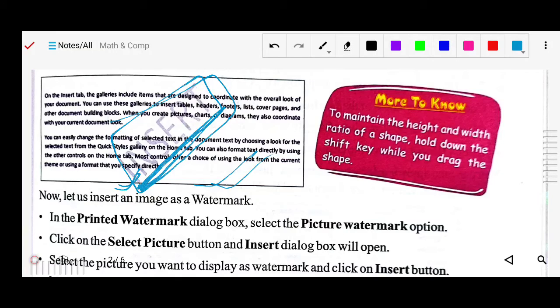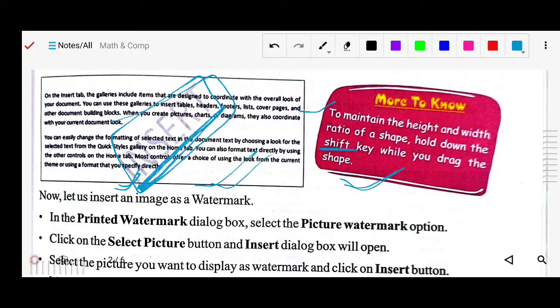To maintain the height and width ratio of the shape, hold the Shift key while dragging the shape. Same as you studied for adjusting shapes, by simply dragging with the mouse, the height and width may not stay in the same ratio, but if you press the Shift key and then drag your shape, you will see that the ratio of height and width stays the same.